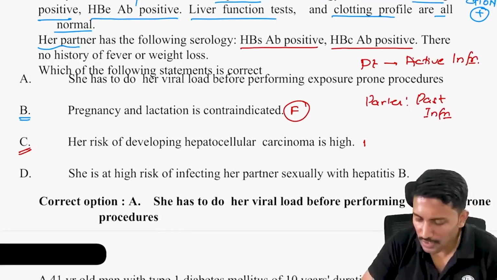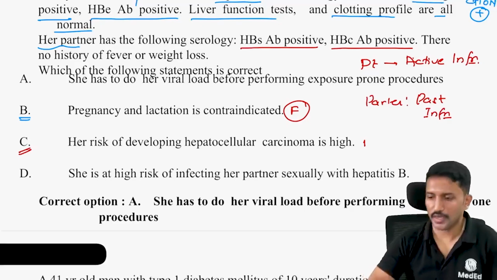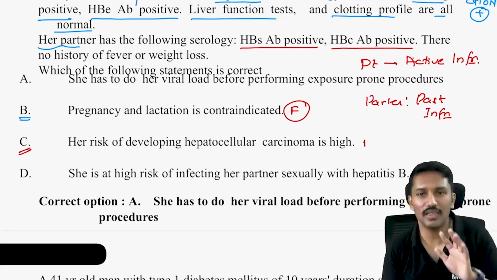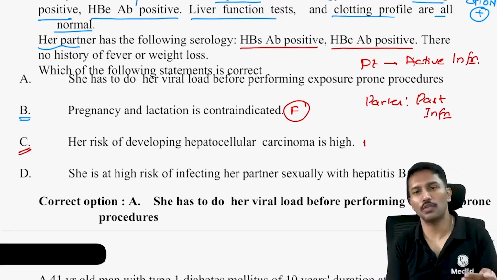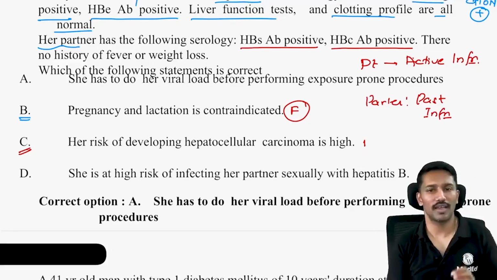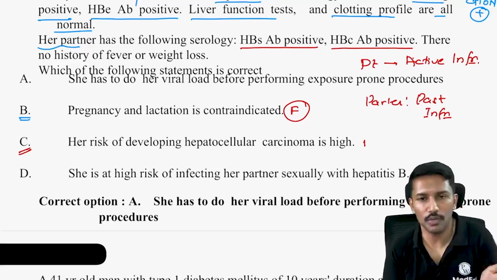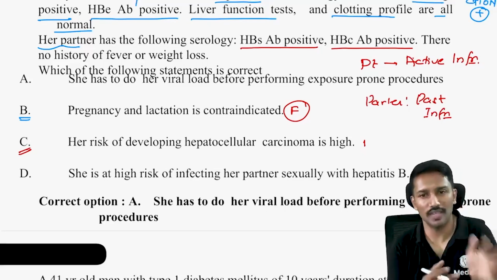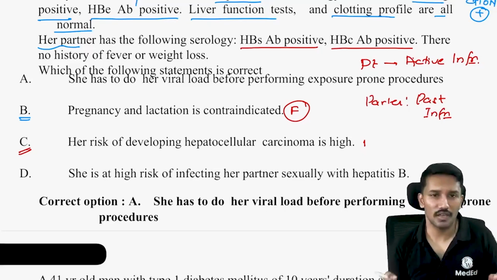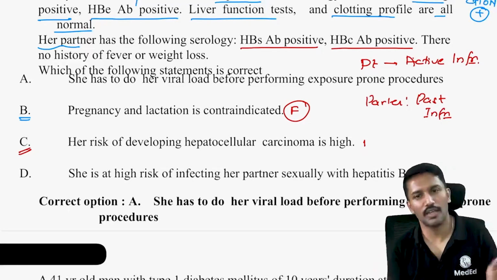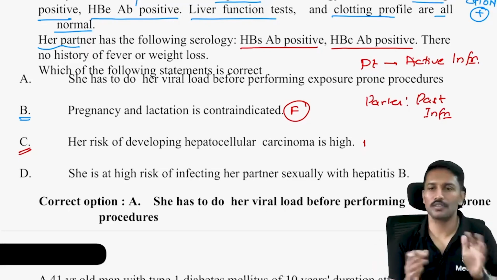She is at high risk of infecting her partner sexually with hepatitis B. No, the partner is currently immune. So the chances of infection to the partner are less because he has the antibodies against the surface antigen. Well, it obviously depends on the titer. If the titer is low, he can still be infected. But making a general statement saying that there is a very high risk of